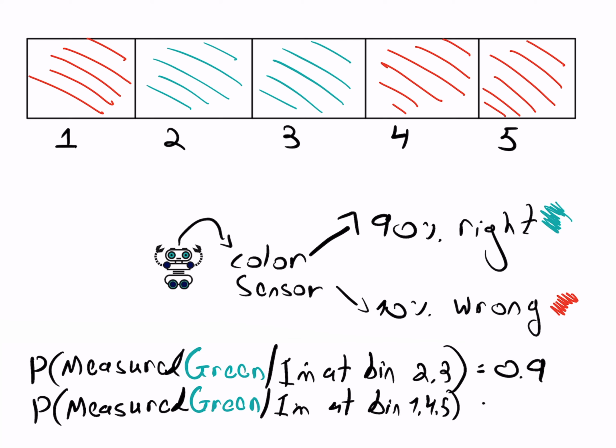So what do we do? I will show you how to compute it, and in the next video, I will show you that this solution is exactly Bayes' law. Let's start. The probability of measuring green, given that the car is in bin number 2 or 3, is 90%. But it is given the car is at bin number 2 or 3. But the initial or prior probability to be in each bin is 20%. So, just like we have already seen the law of total probability, we need to multiply.